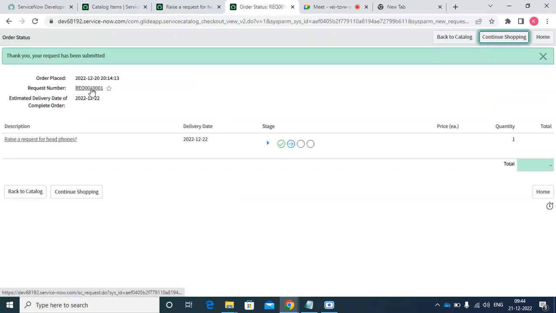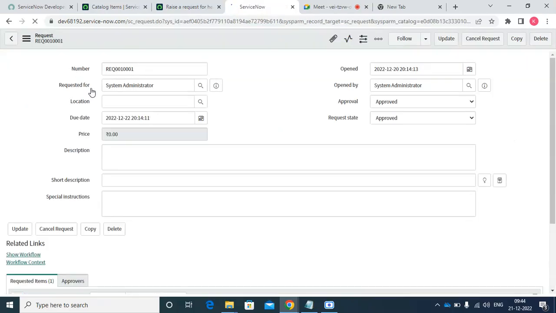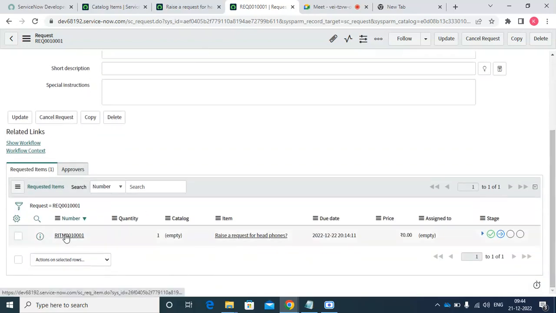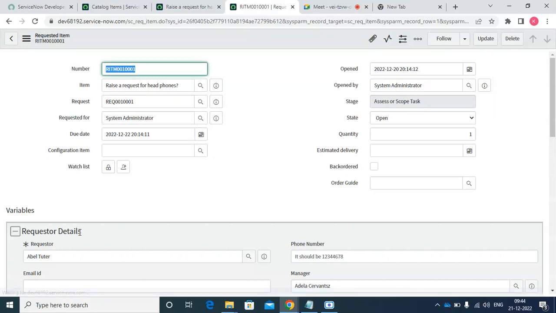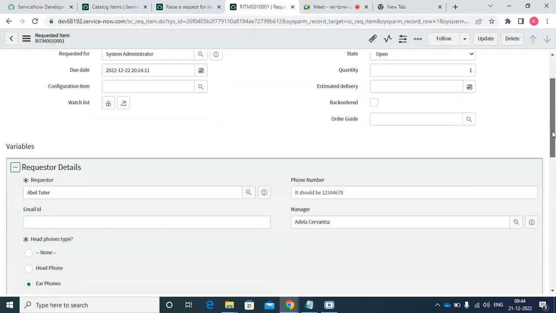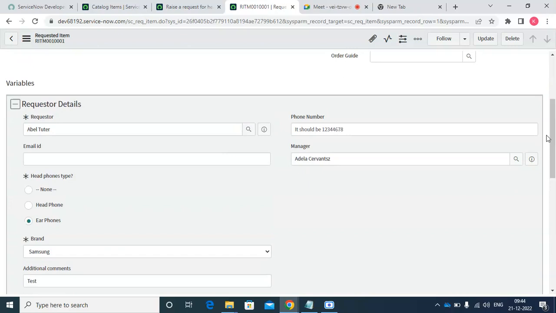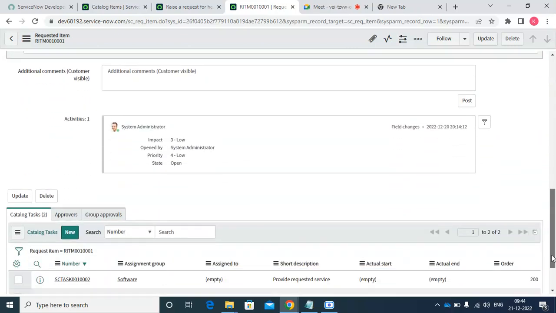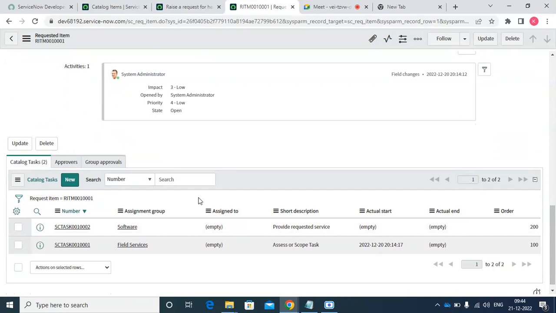So this is the request. Whenever in ServiceNow any catalog item is submitted, a request will be generated automatically. From that request, we can create a requested item. So a requested item will be created automatically, and once the requested item is created, these are the variables they are seeing, and I think since some default workflow is there for that,